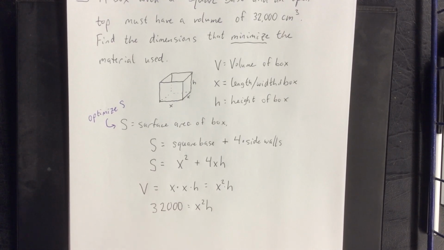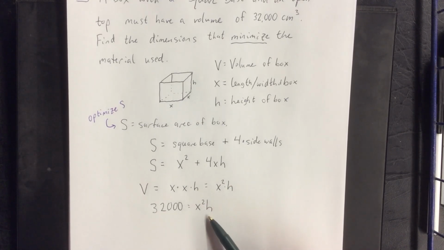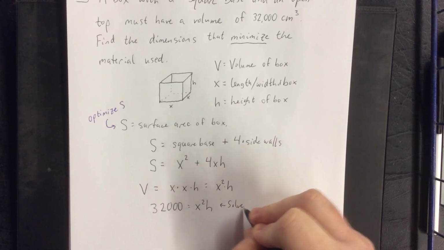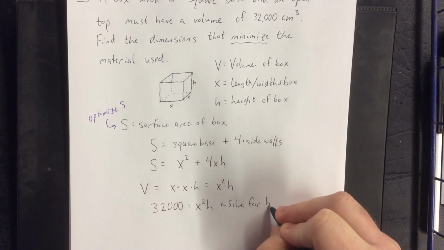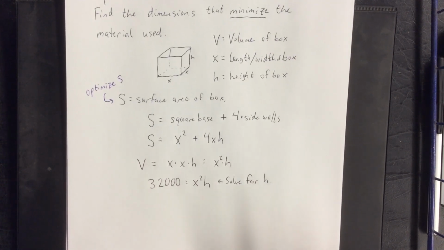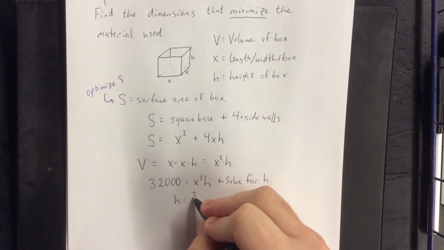Now, we were supposed to, according to our directions or our strategy for the problem, perform substitutions to get the objective variable in terms of only one variable. So your options are, you can either solve this for x, I'm shaking my head right now, or you can solve this for h, I'm nodding my head right now. So which one do you want to solve for? Yeah, I agree. Let's go ahead and solve for h. If we solve this for h, we can avoid having to use any nasty little square roots or things like that. So we solve for h, we get h is equal to 32,000